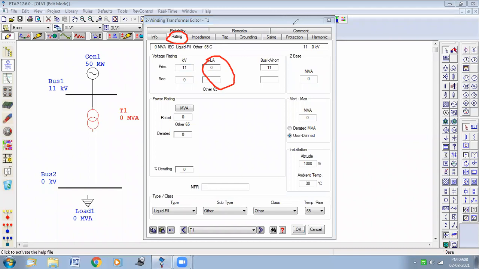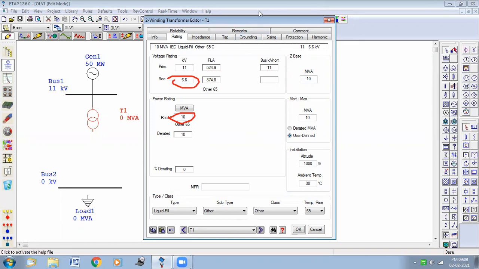Next you have to provide the secondary voltage and the MVA rating of the transformer. For secondary voltage, I'm selecting 6.6 kV, and for MVA rating, I'm taking 10 MVA. If we take this value and click outside, the full load current, that is FLA, comes automatically.